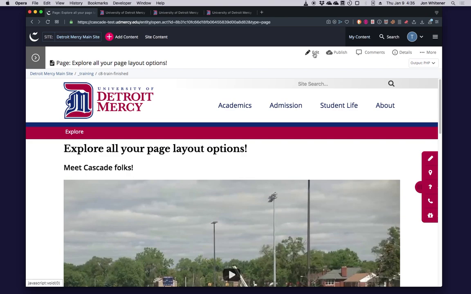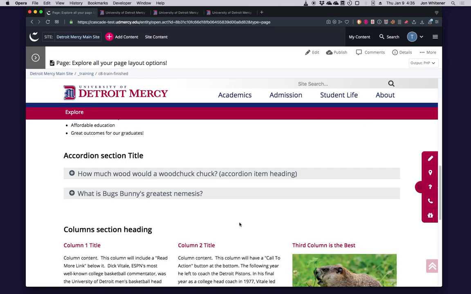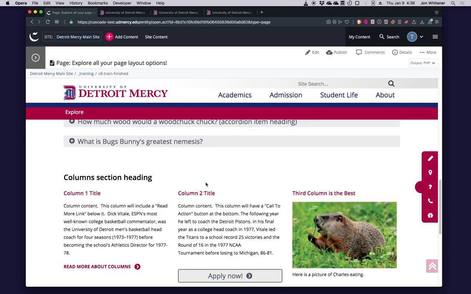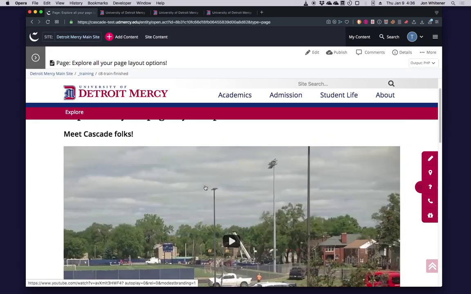Last thing to cover is the call to action button. This is the last major content type that we'll cover. Again, we covered a full width content area.